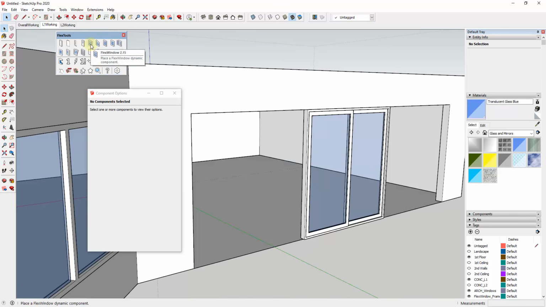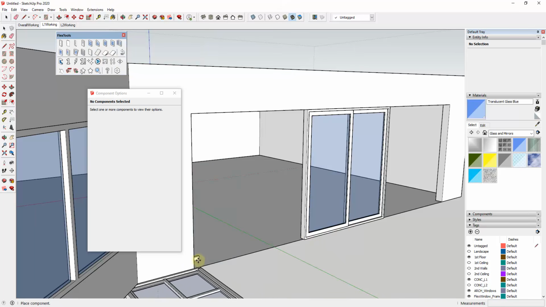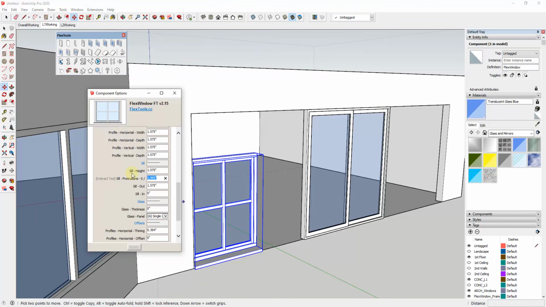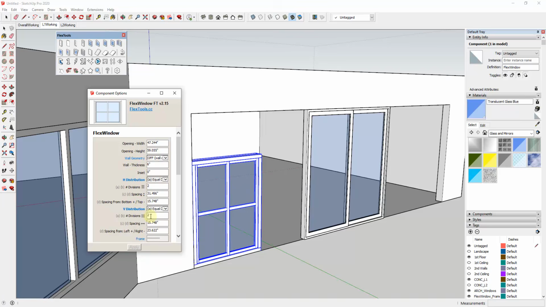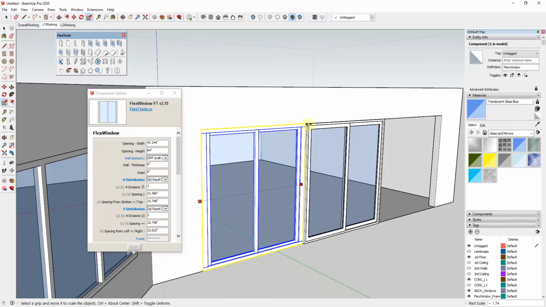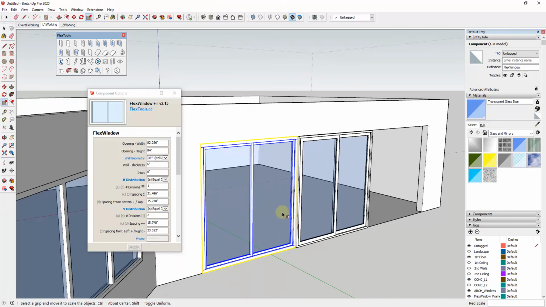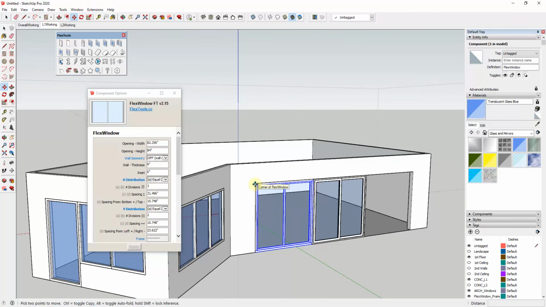So then we can come in here and we can place a flex window, which is a window that you can adjust. We'll go ahead and set our sill to 0. Set our wall thickness to 6 and our inset to 0. And then we can use the scale tool in order to make this fit in our opening. And assuming I've done this right, I should be able to just use the move tool in copy mode in order to create a copy